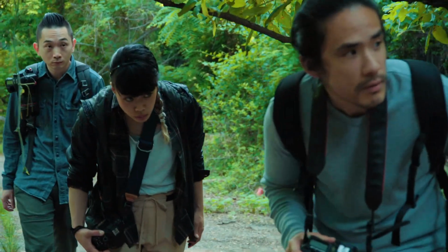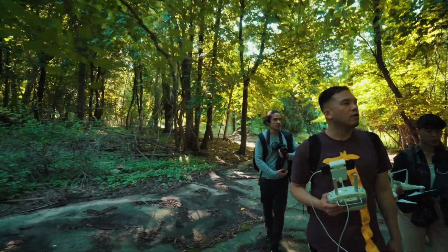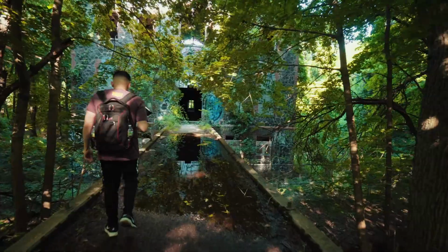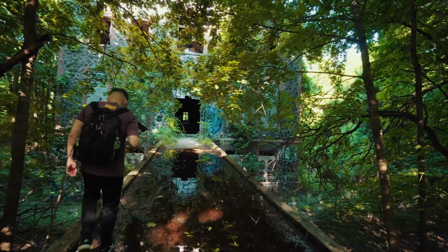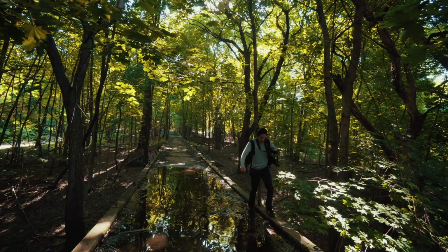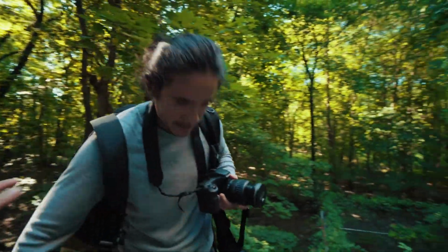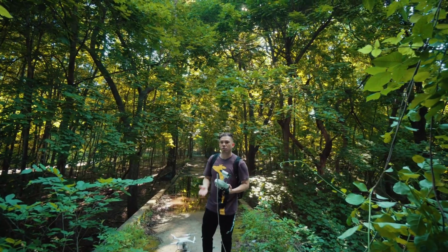Actually, we had two more shots planned for this last location, but we were in for a bit of a surprise. Oh shit, what's that puddle right there? Even though we came back to this last location at around the same time as the previous week, the lighting looked very different due to the days of constant rainfall and a rapid growth of all the leaves shielding the sunlight from pouring in. So this is going to be the second to last drone shot, and what we want to do here is,